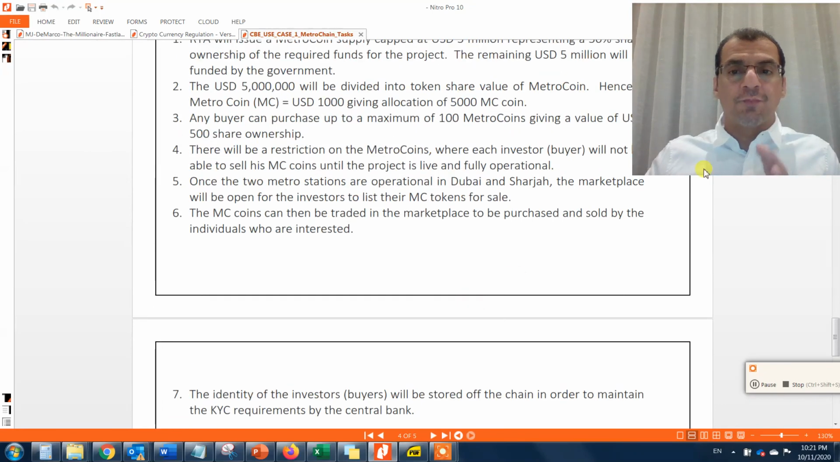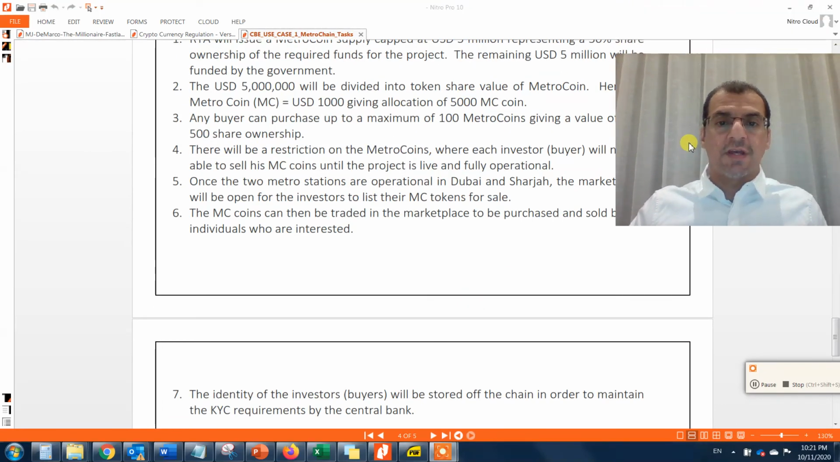Now, a very important point here, guys, right? What we're saying here is this. Let's say the project goes live and you actually own 10 MetroCoins, giving you a total of $1,000 equity share in the project. So 10% stake in the project. So what happens is, let's say after a year, you want to be able to sell your token share offering. You can again go to the marketplace, put your token share, your percent share, your token value into the marketplace